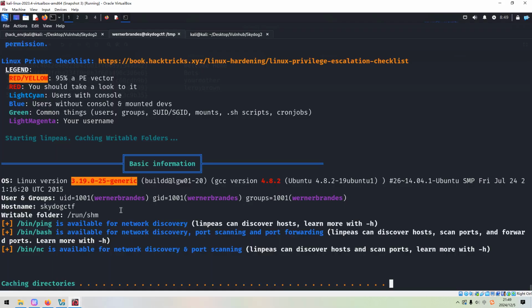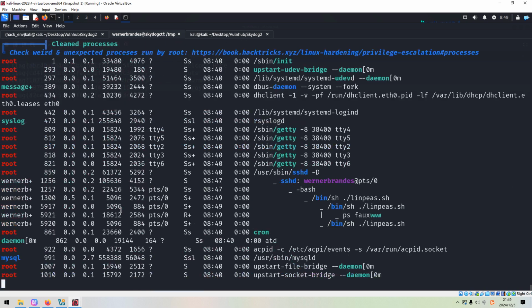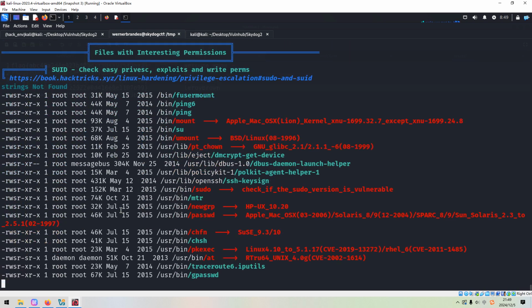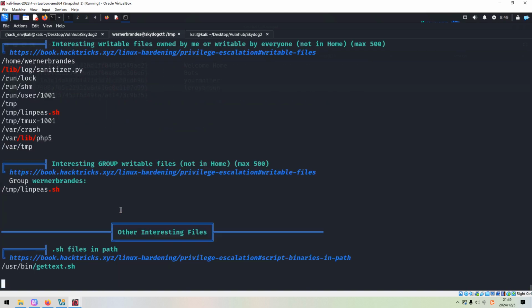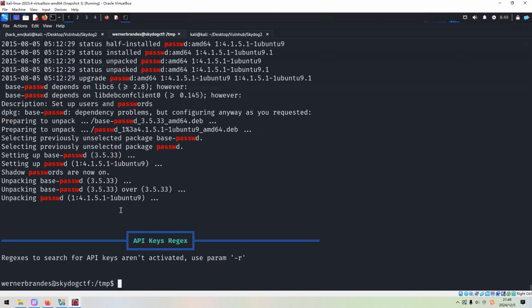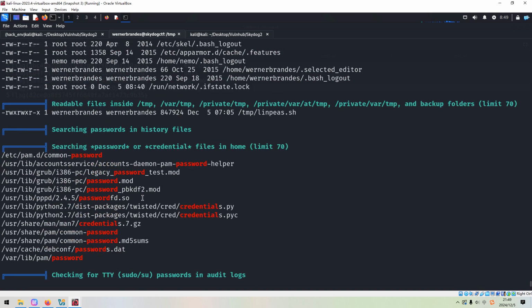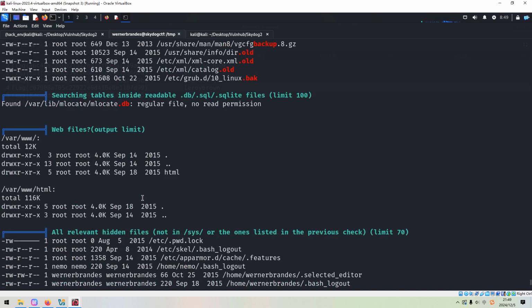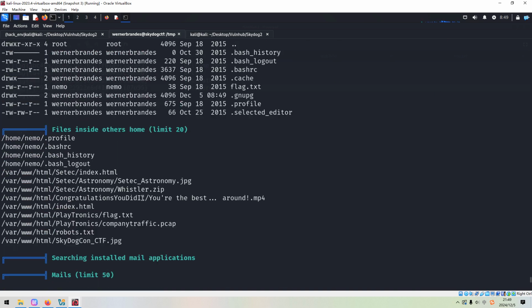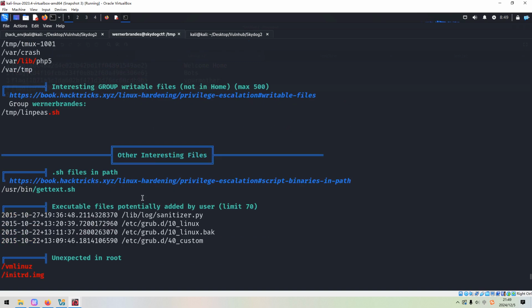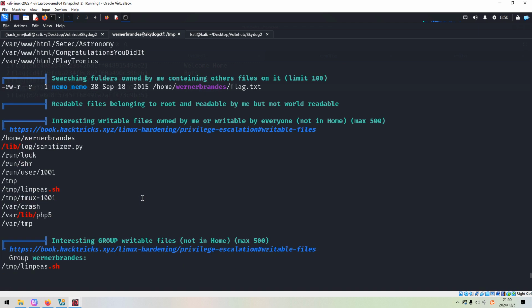All right, I think the 6 flags which should be grabbed, it's done, and then we can scroll up. We need to look for something which can help us to elevate privilege, right? I think the final flag should be accessible by root user.